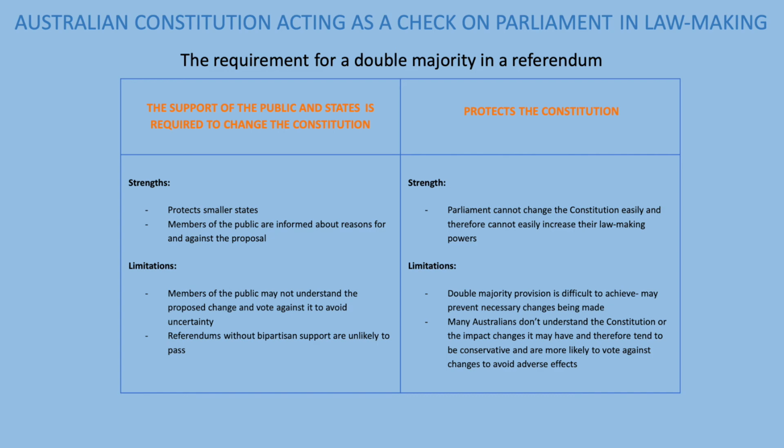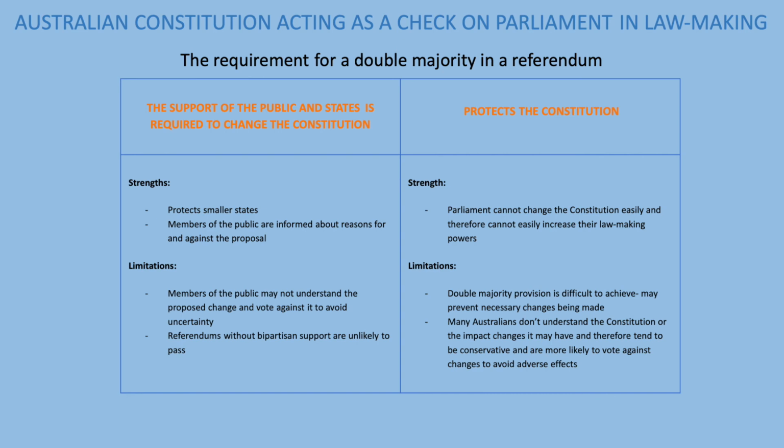This is a strength because smaller states are protected. Members of the public are also informed about the reasons for and against the proposal. Usually, members of the public will receive in the mail a brochure that clearly states the arguments for and against